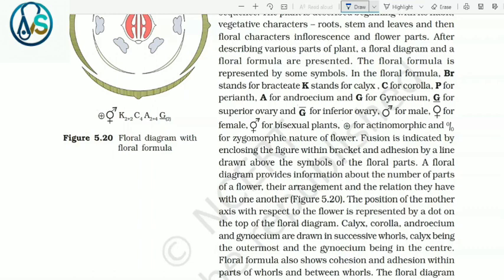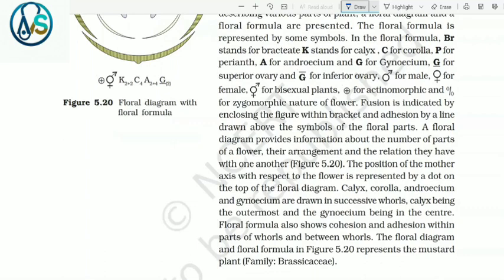Signs of male and female, and both signs are present for bisexual plants. A cross sign in a circle is for the actinomorphic, and a sign of percentage for the zygomorphic nature of the flower. Fusion is indicated by enclosing the figure within brackets, and adhesion by a line drawn above the symbols